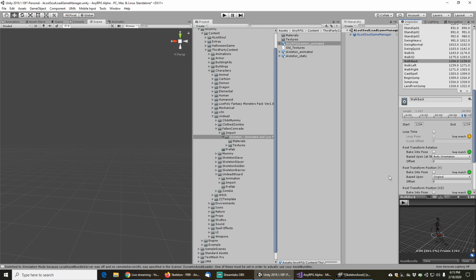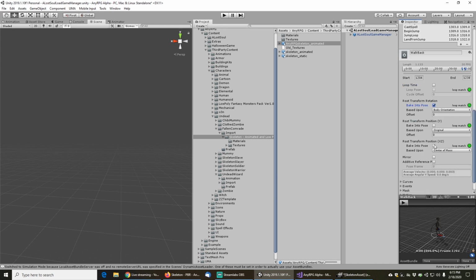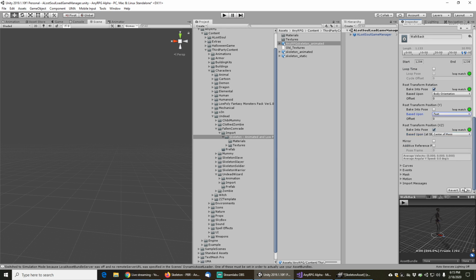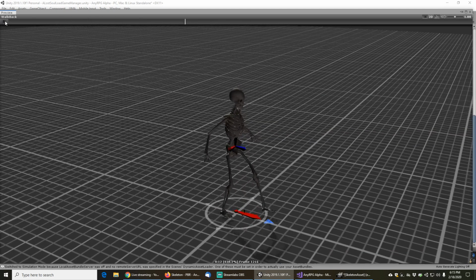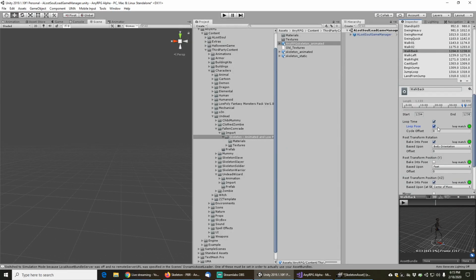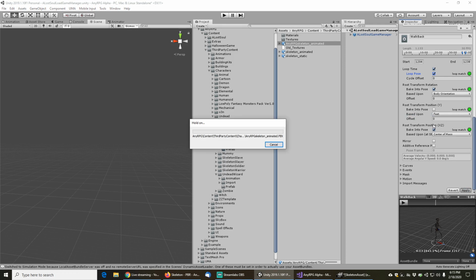Yeah, his arms kind of drop at the end there, so this will be 1238. I'll just bake in everything except for y, set the y value to feet, apply that, click on loop time, watch the animation. That loop looks pretty good. I don't see any issues with it, so we'll hit loop pose, hit apply,